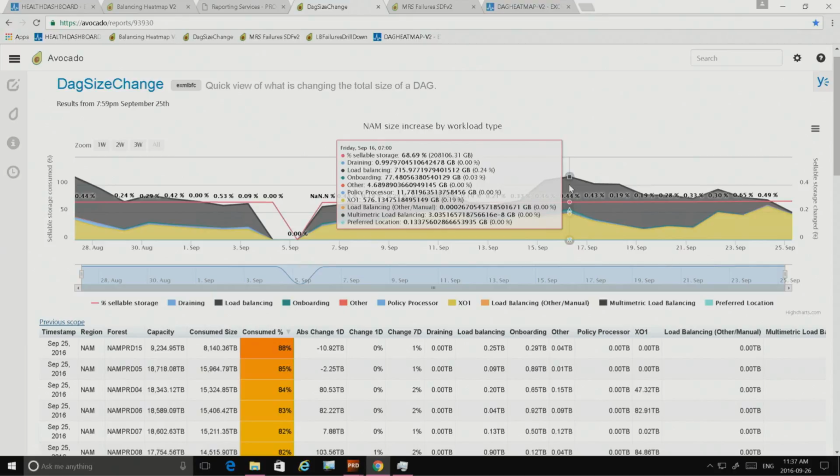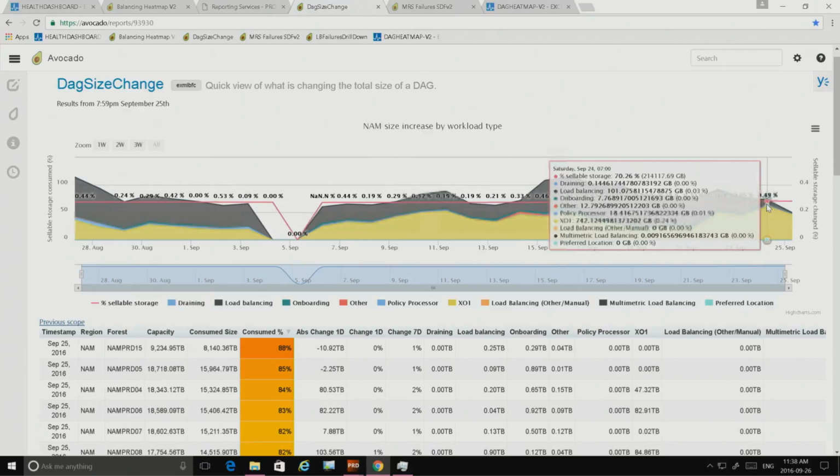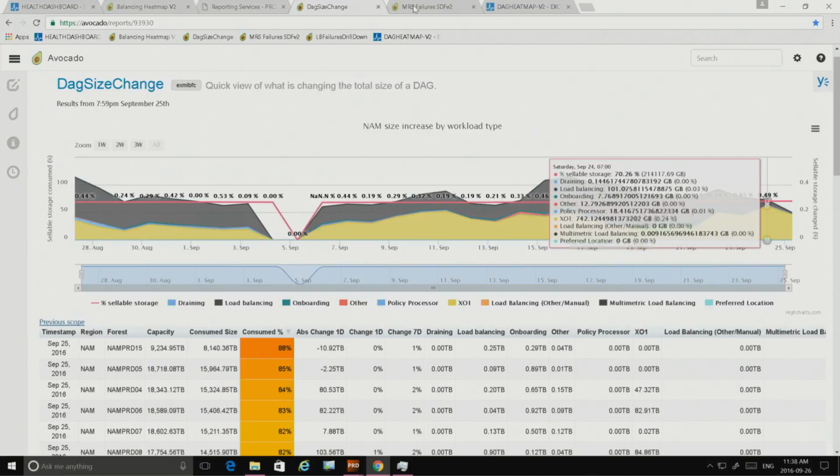We can see that load balancing moved about 700 gigs in a day a few days ago, and as we get over here to the 25th, actually very few. And I'll say this isn't a simulated problem. This is a real issue that we have been debugging over the last few days.